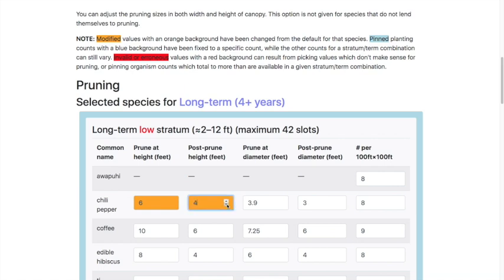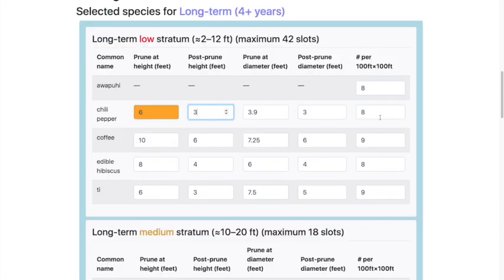So I can go ahead and fix that, right? And over here, we are given the numbers of individuals per each quarter acre plot, 100 by 100 feet. So these are all interlinked. And so if I update one, it will reflect in the others.